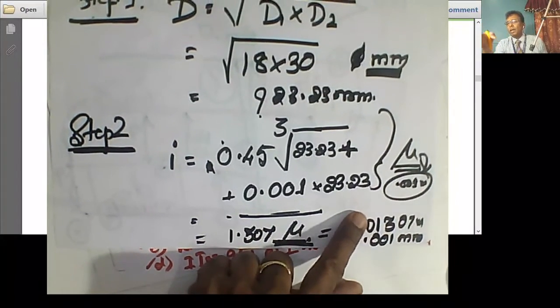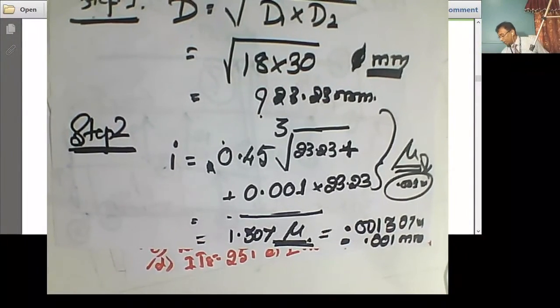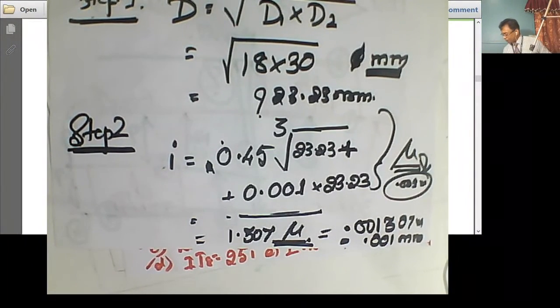I think I have solved this problem in my notes. Have a look into that, or maybe I solved this problem some other day. I remember having solved this. Let me just check if I solved this. Let me just check if this problem was solved. No, I think I have solved the other one.